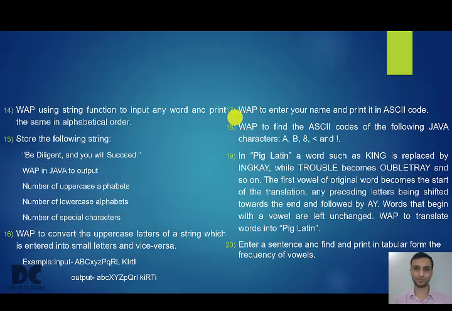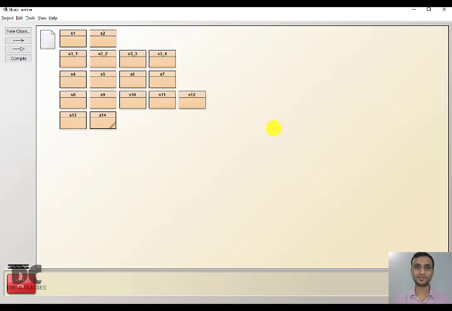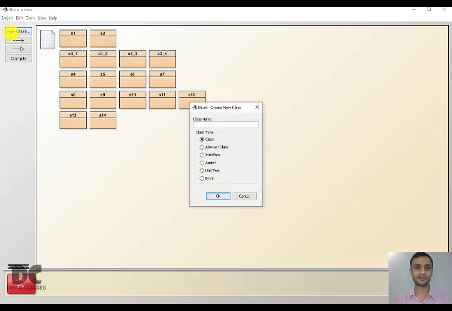It is a very simple program. That is, you have to enter your name. You have to extract one character and find the ASCII code of that particular character. Basically alphabet, because your name contains alphabet. So you have to print the ASCII code of those alphabet. So let us write the program for this.